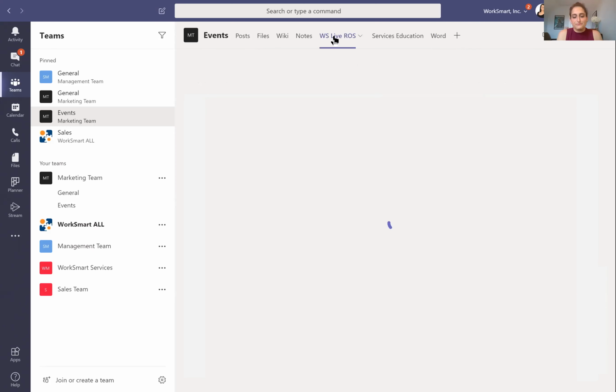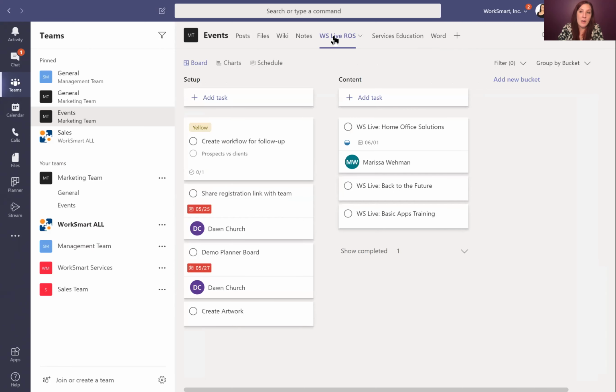I sure can. Thanks. Okay, so the question said, I'm not able to add a task or anything really in Planner from the Teams desktop app. I was able to add one from the online version of Planner. Please help. So if you have a planner built into your Teams like Marissa has done here, you will have